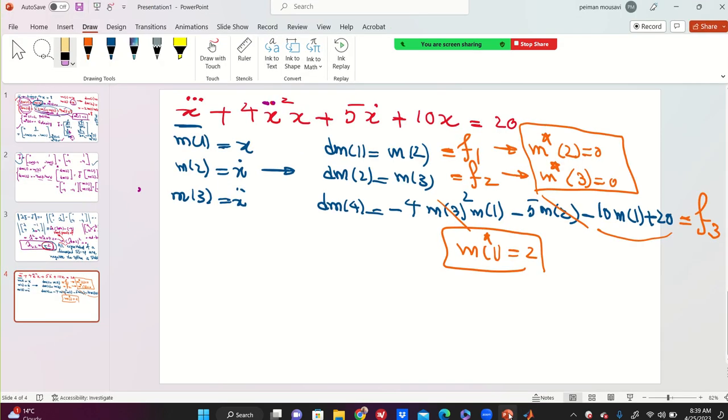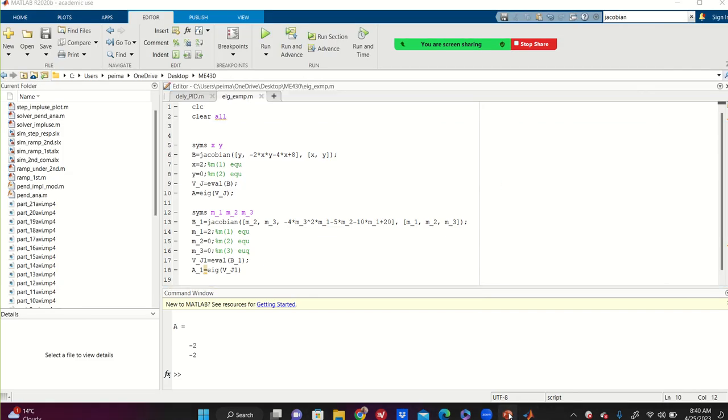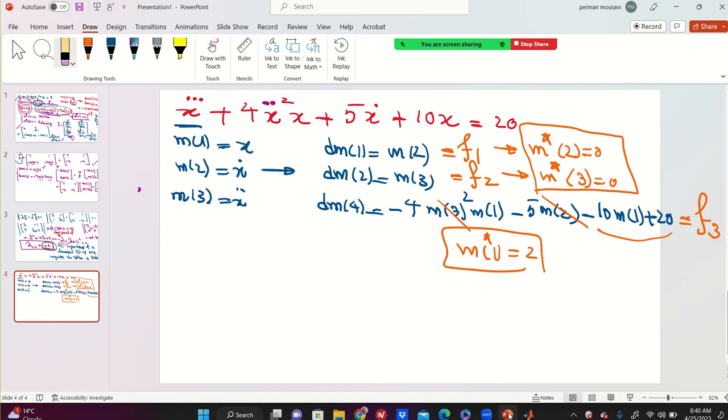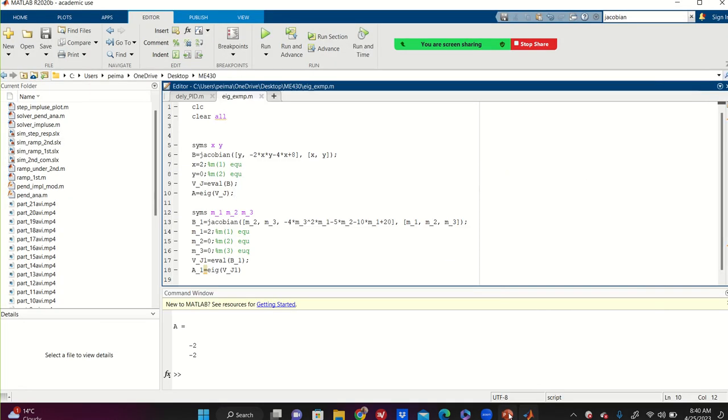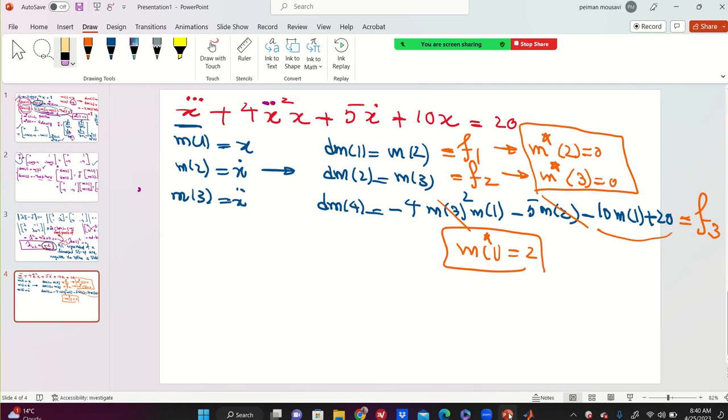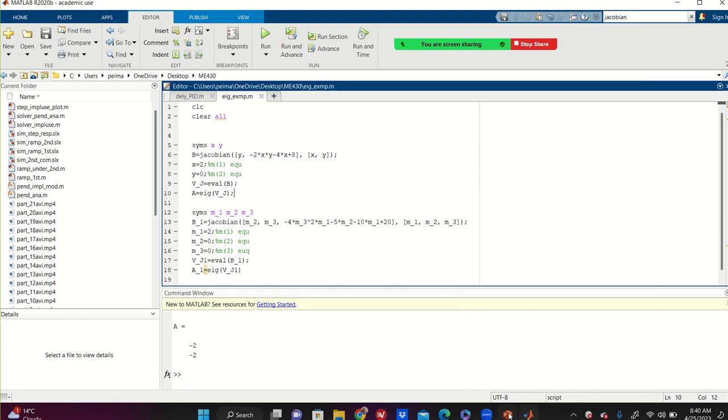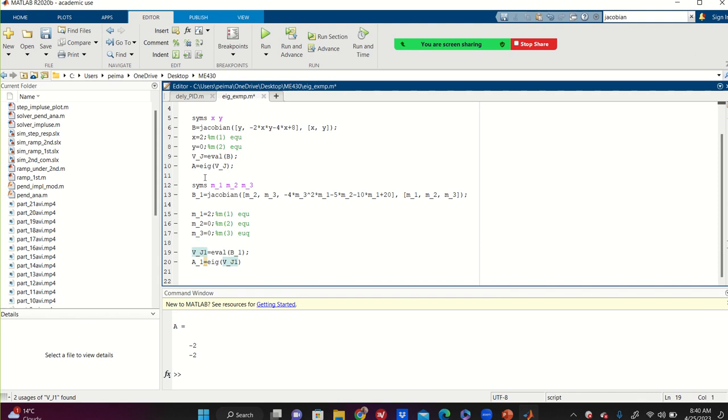I just typed here. So let me double check everything to make sure that I typed it correctly: minus 5 M2, minus 10 M1 plus 20. So you get the equilibrium points, and when you look at the notes, you understand what's happening. Okay. Now if we run this,